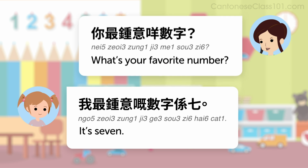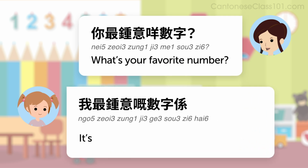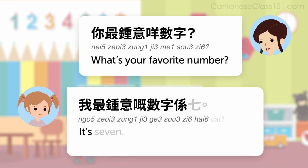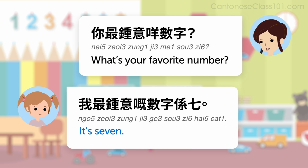Now, how do you answer this question? The pattern is, 我最鍾意嘅數字係 number. This Cantonese sentence literally translates into, my favorite number is number. But it means, it's number. For example, it's 7. 我最鍾意嘅數字係7。